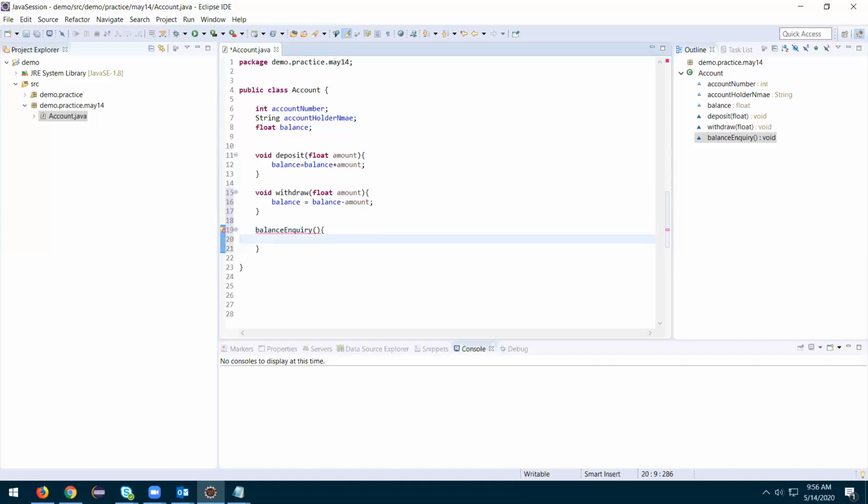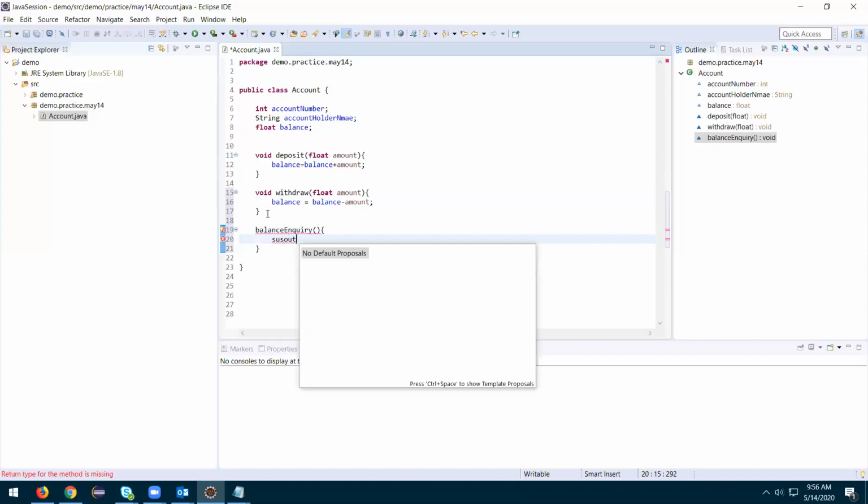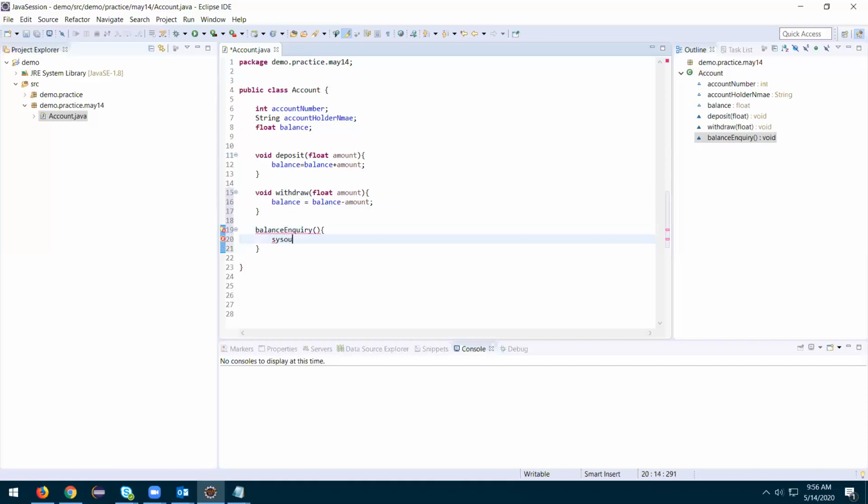We don't specify anything, but rather we can do either of two versions here: either you can simply print something like this, or you can return the balance back.